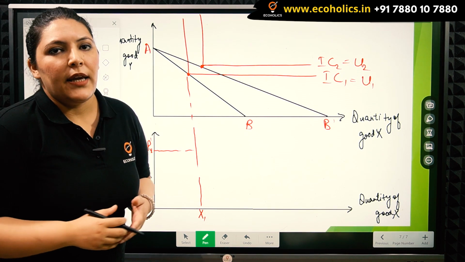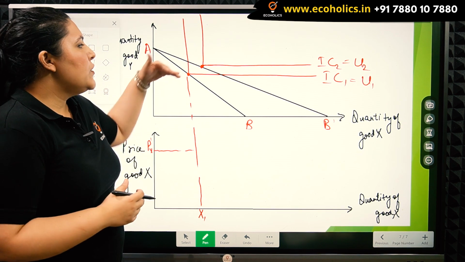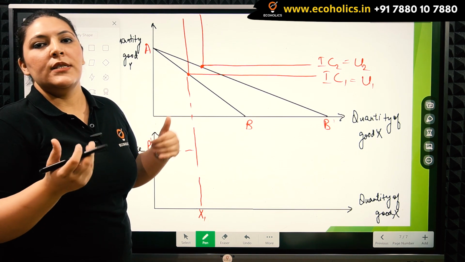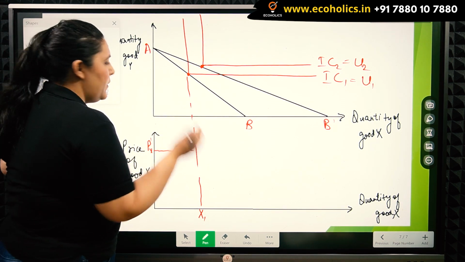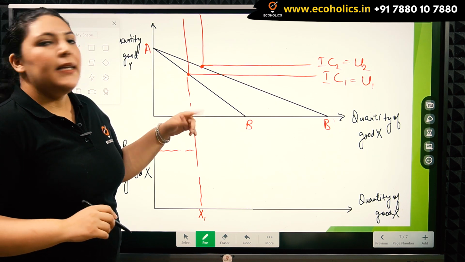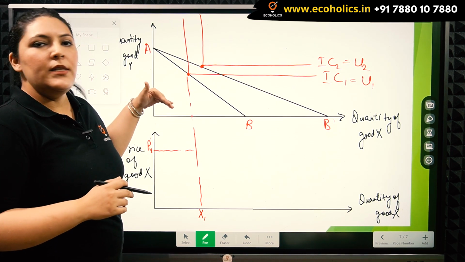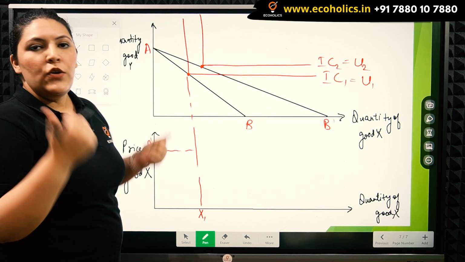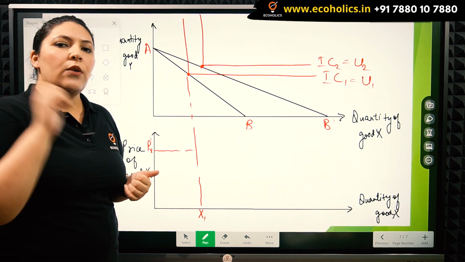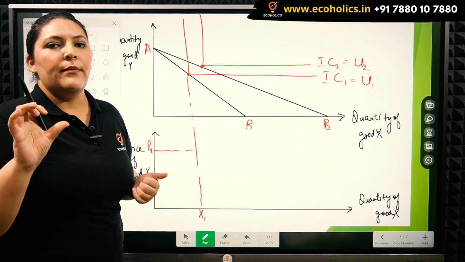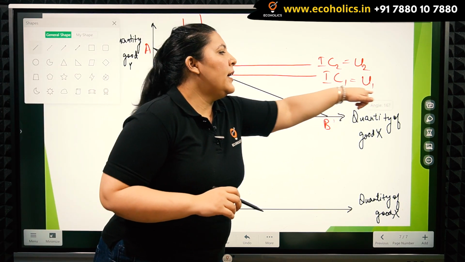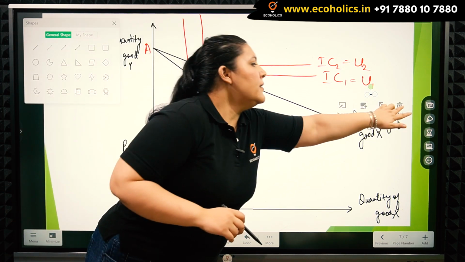But we know that in the case of compensated demand, the consumer's new demand curve will have to be compensated for the changes in his real income. So here we will make the price line AB dash shift inwards so that the new price line is parallel to AB dash but tangent to the old utility level. The compensated demand curve always follows the old utility level. The utility level always remains the same here.